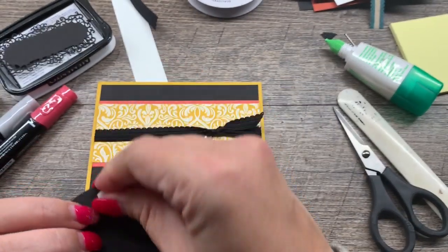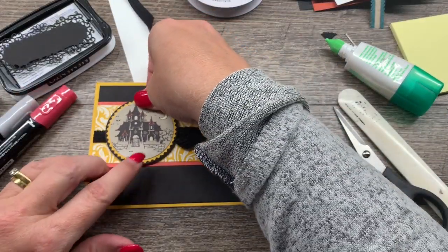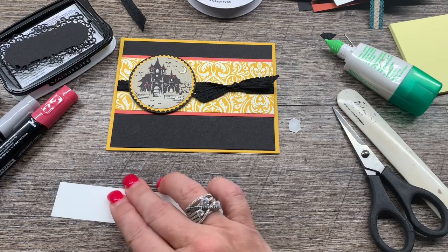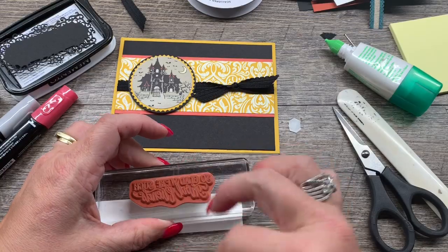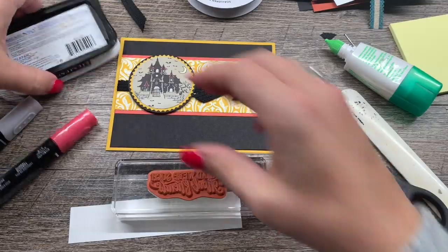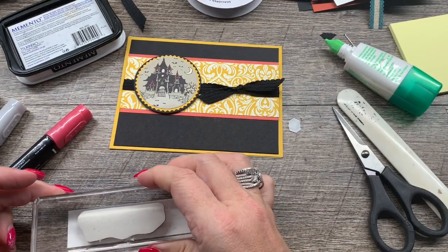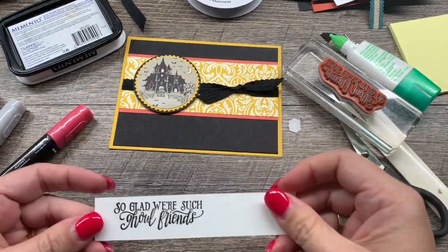And then the last thing we're going to do is stamp our sentiment on this little scrap of Whisper White. Okay, and our sentiment says, "So glad we're such ghoul friends," which I think is kind of adorable. Got a little fuzz on here. We got to get that off first. All right, so I'm going to ink that up with my black ink. I'm going to kind of stamp it up towards the top of this and just trim it out a little bit,